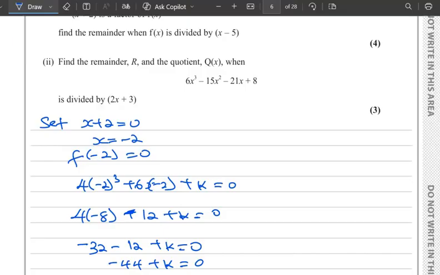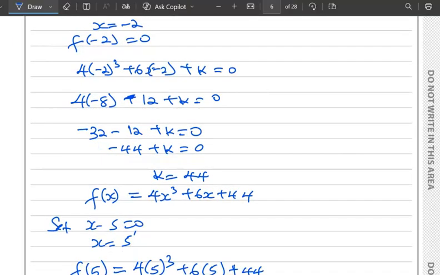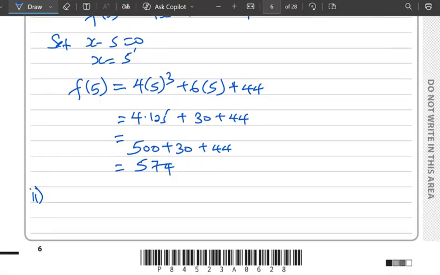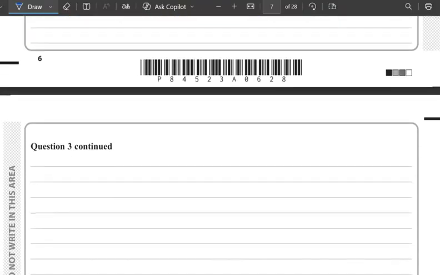Now, in this case, we can get the remainder direct and use long division to get the quotient q of x. So going by this, we can have